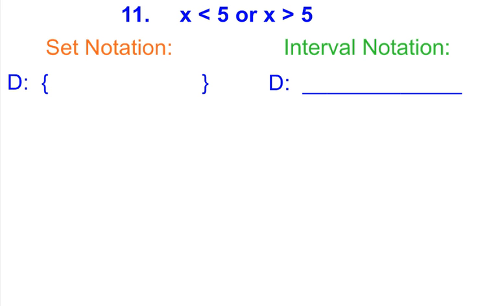11 now, here's where we introduce the word or. Or in set notation is okay to use. So I'm going to do the same thing with set notation. Values of x such that x is less than 5 or x is greater than 5. Basically not equal to 5, right? In interval notation,